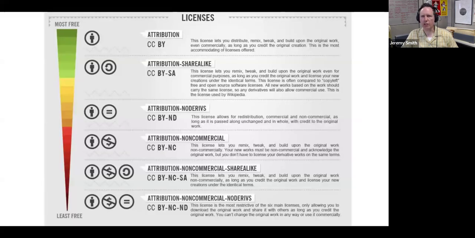And this is the range of all the licenses from the most open version, which is CC BY. Again, no questions asked, just give me credit. You can do whatever you want to it. And then as you go higher up into the red, there are more restrictions. It's still technically open and available, but there are a lot of restrictions. So that last one, CC BY NC ND, that's 3 licenses. That's the most restrictive. So keep this license and don't change the work.